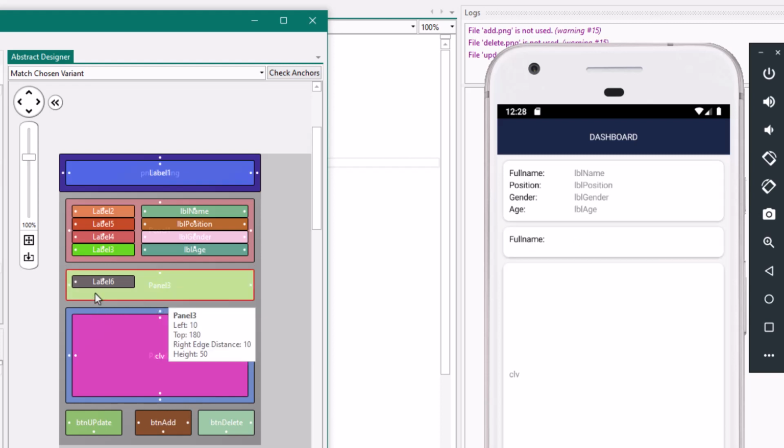Let's change this label to a search icon. Let's make it square. A bit big.